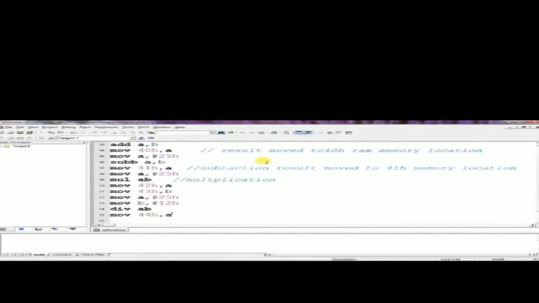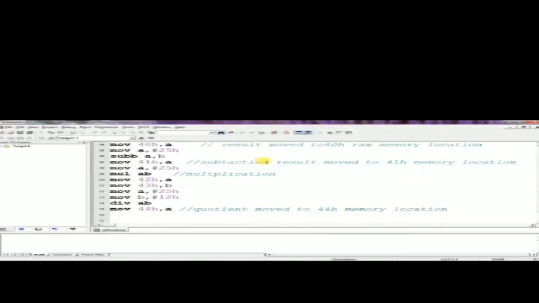Then again we take 25h and 12h into the A and B registers, then divide A, B. Here we get the quotient value, which is stored in the 44h memory location, and the remainder will be stored in 45h.